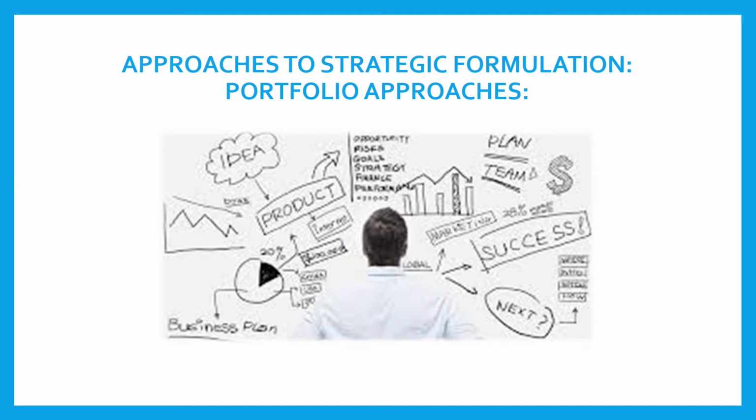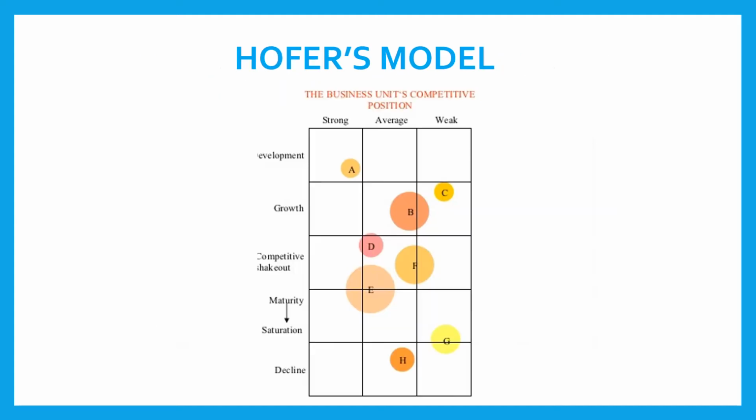Coming to the approaches to strategic management, strategic formulation. Basically, we have studied the traditional approach and we have also studied the modern approach. In the traditional approach, time value of money is not given consideration, whereas in the modern approach, time value of money is given weightage. These are the two approaches of strategic formulation that have been studied so far. Coming to the next slide.